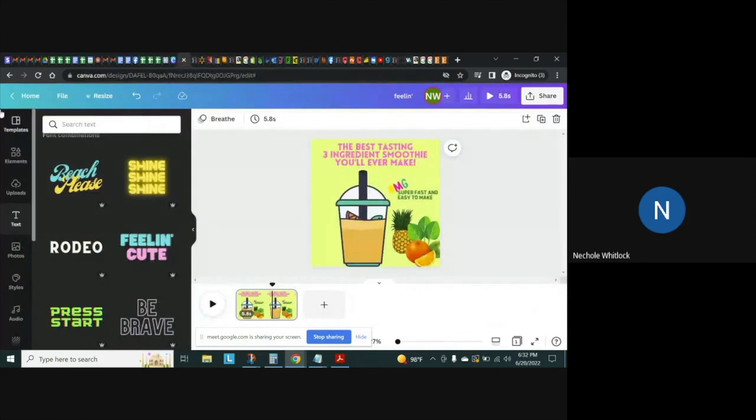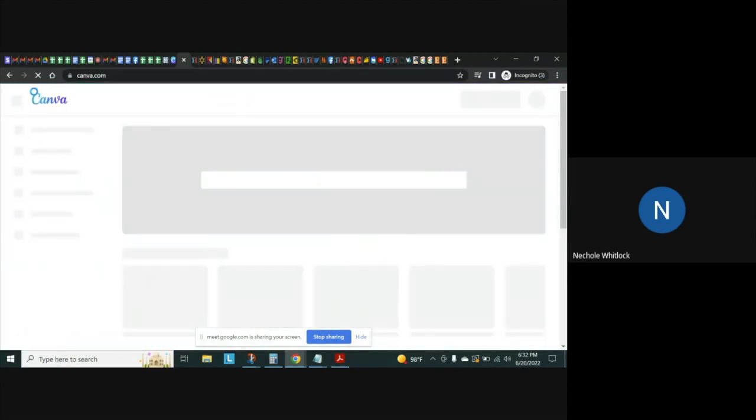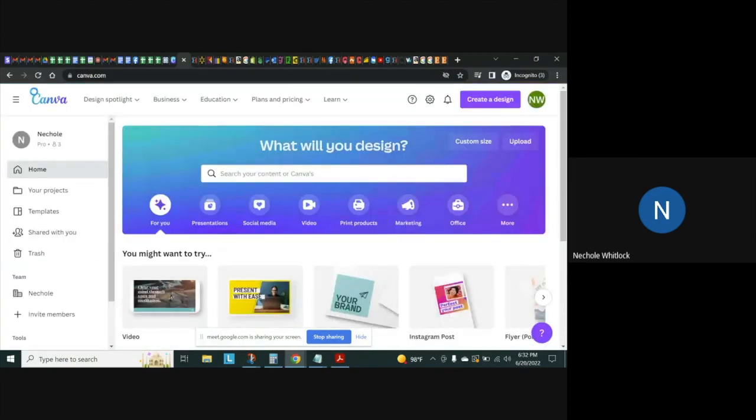So I invite you, if you want, to go and check out some of the other features of the tool. I went into Elements. I typed in what I was looking for, and I grabbed an image. I wasn't particular. You can start from your home page, and again, you can click on video. You can also click on social media if you need social media graphics for your Facebook page, or if you're going to do a Facebook shop, or an Instagram shop. You can grab your